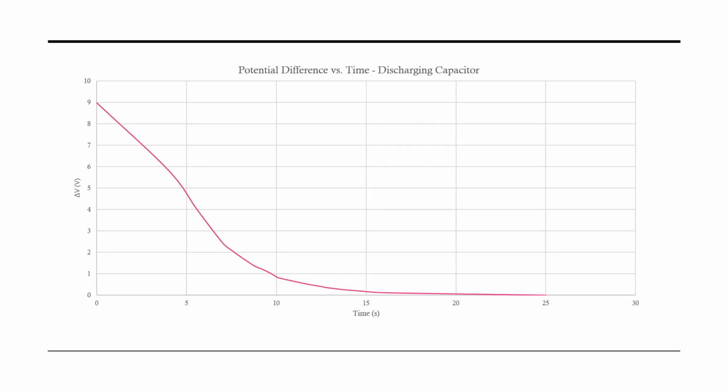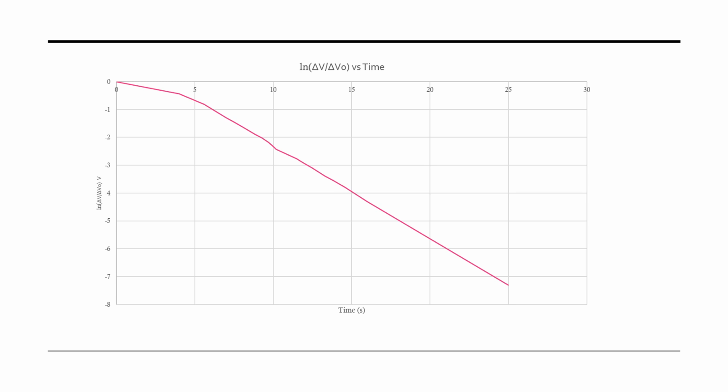After doing the demo, we also calculated the time dependence on the capacitor and how much time it took for it to charge and discharge, and we did this with a 30 ohm light bulb and calculating different points in time for the difference in voltage, and we saw that as time increased, that voltage decreased. And in this case, the graph is not perfectly decreasing just because the time points that were taken were very separate from each other. To linearize the equation, we took the logarithm of the difference in voltage with the first time point,